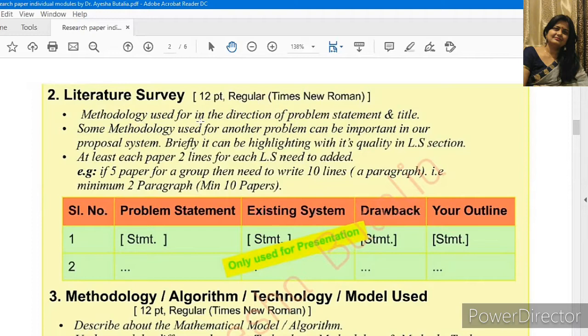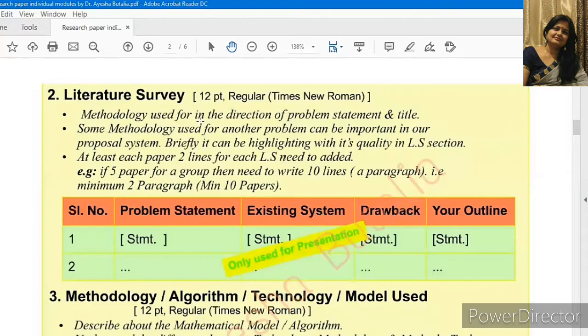We have discussed in our previous presentations what type 1 and type 2 problems are. Type 1 is when your problem statement is not unique, but you try to find a unique solution to it. Type 2 is when your problem statement is unique, but you are trying to use some existing approach to solve your novel problem statement. Type 3 is when your problem statement is unique and your solution is also totally unique.